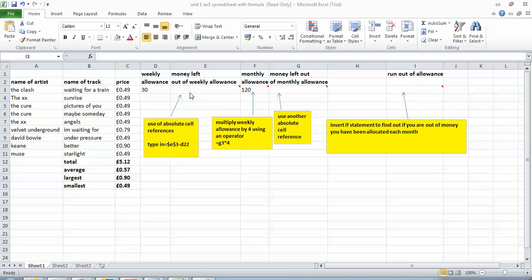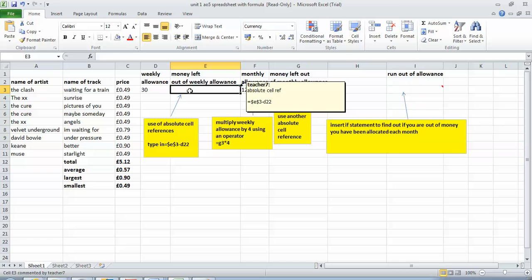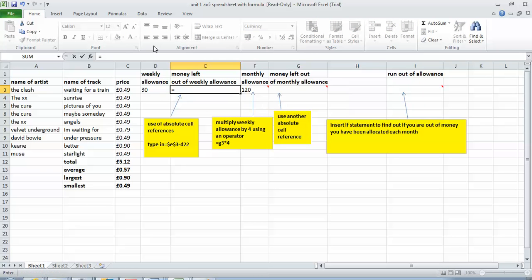The first one we're going to do is use of an absolute cell reference. So what we're saying then is that we want Excel to go to a particular cell and go nowhere else. The way you do this in Excel is the following, as this very useful little pop-up here tells you. You type in this case, equals, as you do for every formula, and notice in the formula bar equals is there as well, which you could type in if you wanted to. Shift and then dollar,